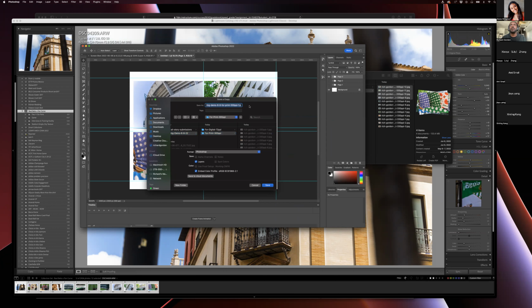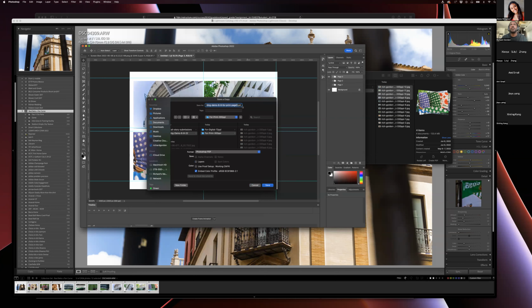So printing demo, but however, this is my file for print page 1, or I'll match my layer name, page 3, and I'm going to change the type of file to a PDF